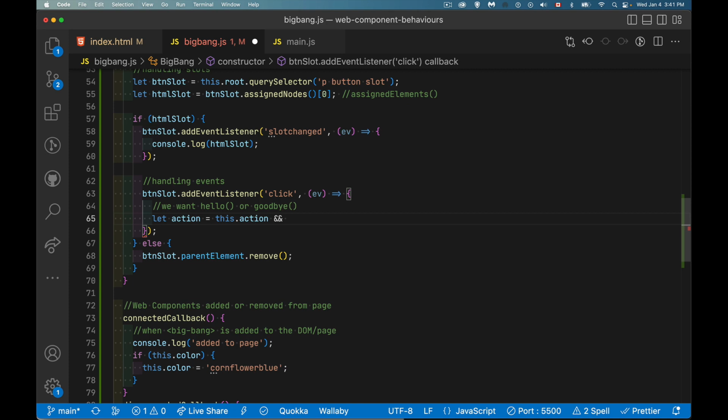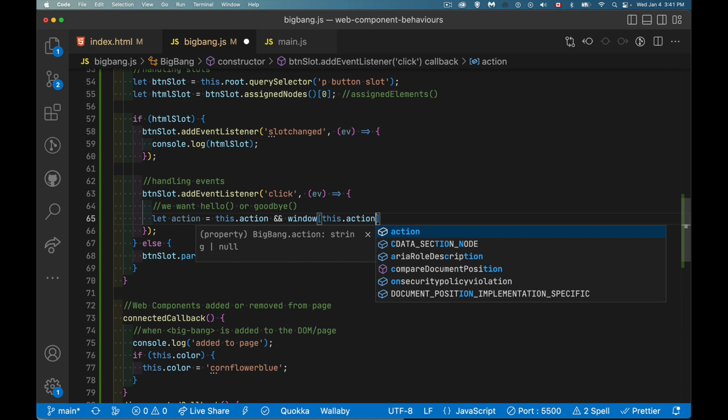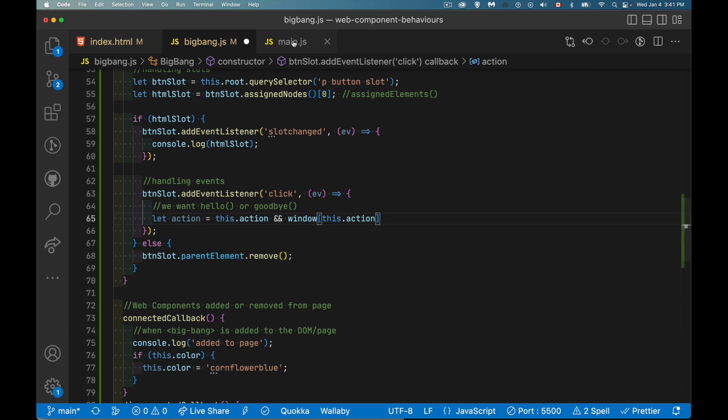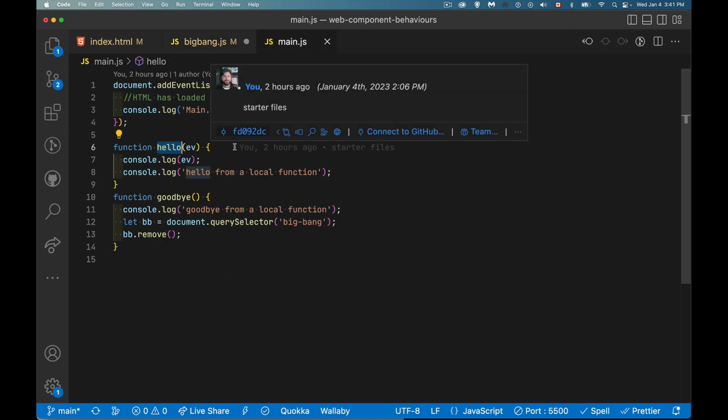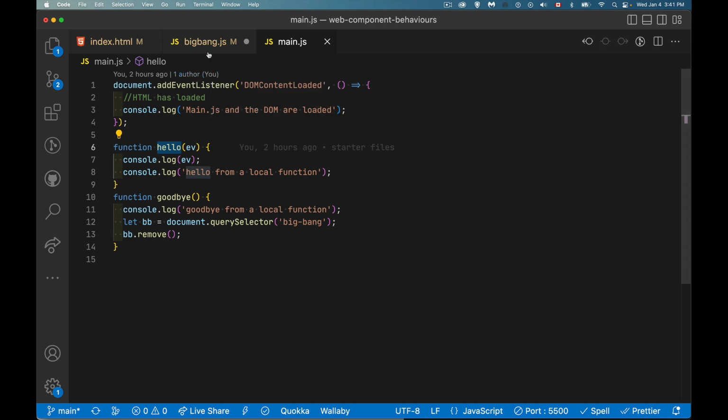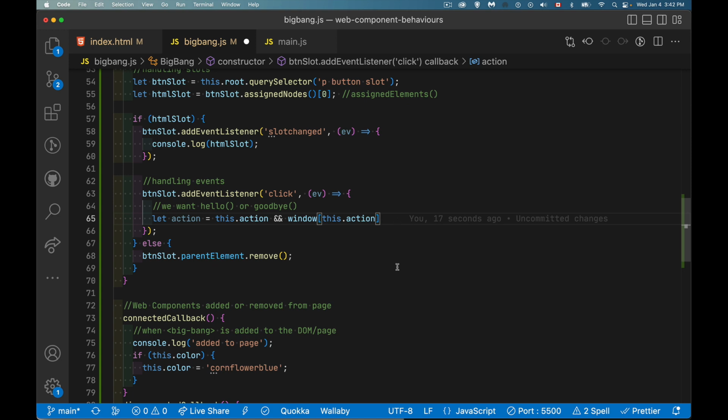I want to know if on the window object, so this script right here has access to the window object. It's the parent, the global object that contains everything. Does it have a property called hello? And when you create a function like this, you are creating a global property on the window object. It's on the global scope, so it's being added to the window object. So we can check to see if that,